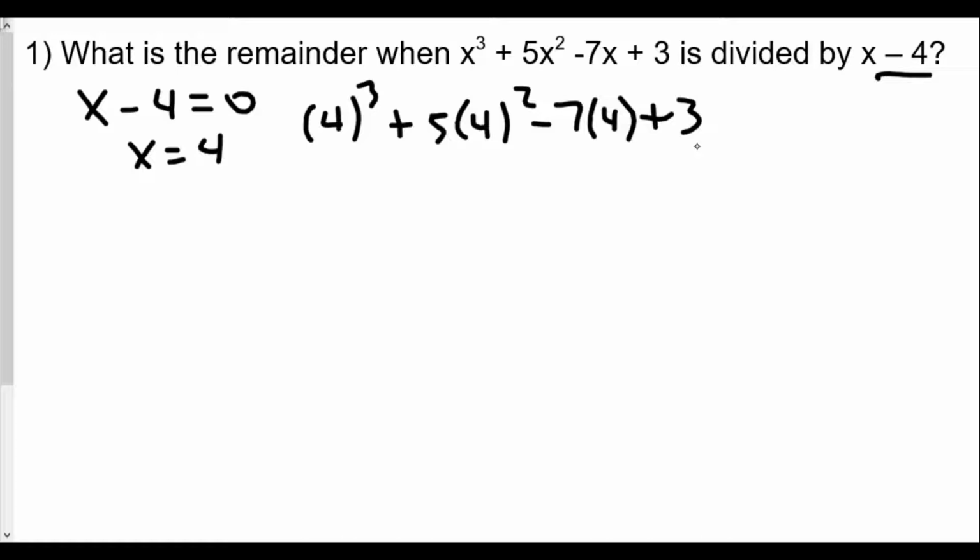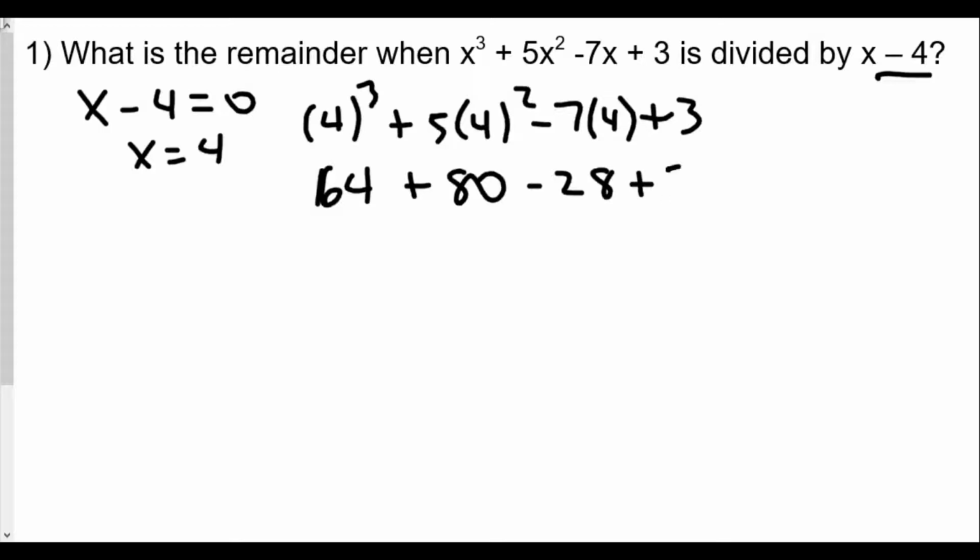So let's evaluate. 4 to the 3rd is 64: 4 times 4 is 16, and times 4 is 64. 4 to the second power is 16, times 5 is 80. Negative 7 times 4 is minus 28,